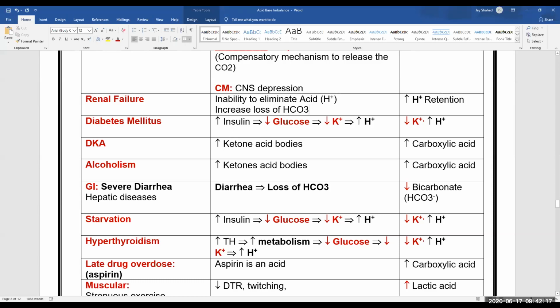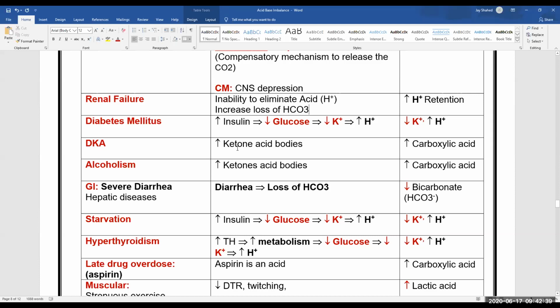So when you do that, your glucose goes down, potassium goes along with glucose. So when you have decreasing glucose, your potassium goes down. They go together. Now, if potassium goes down, you have increase in hydrogen, you have acidosis in this case. Now, diabetic ketoacidosis,